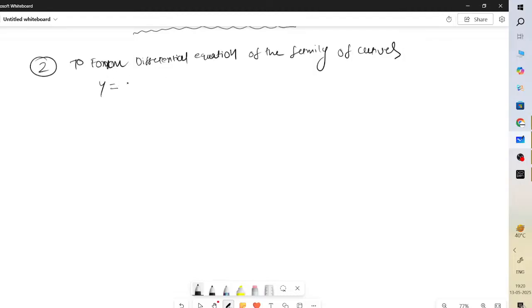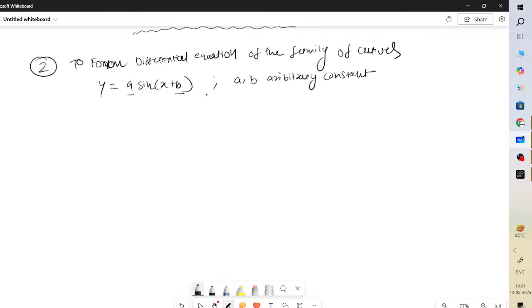y equals to a sin of x plus b, and our a comma b is arbitrary constant, means it can be anything, 1 2 3 4 5 6, any constant number. Okay, and in this type of question what we do, to get the differential equation for the given equation, we always try to eliminate the values of constant like a, b